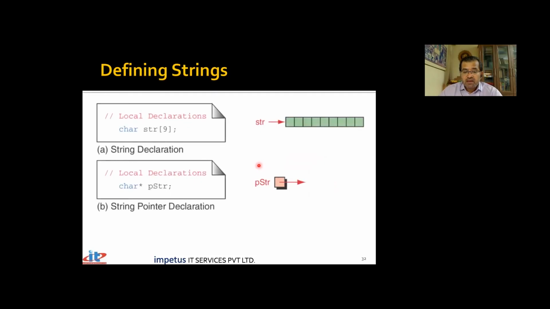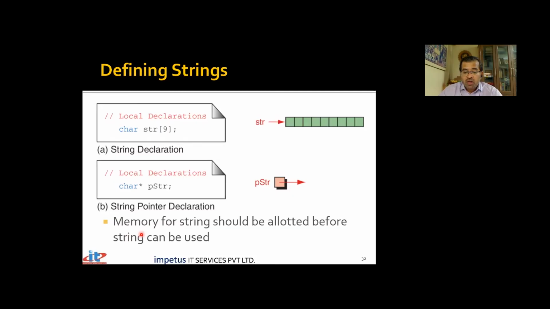Let's see this with the help of an example. And then we'll also look at some kinds of declarations. First, let's look at the declaration, and then we'll go to an example. If I say char str of 9, I have just created a character array. This character array is of size 9 characters. Str is a name pointing to this location, but no additional memory is allocated for str. Whereas if I say char star SPTR, it's a pointer, and for a pointer 8 bytes of memory will get allocated.